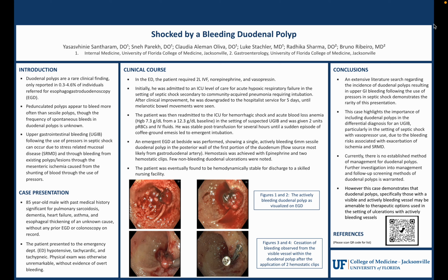Hi, my name is Yasasvhinie Santharam, and today I'm presenting an interesting GI bleed case that we recently saw in our ICU. Just to get started with a little bit of background, duodenal polyps are a relatively rare clinical finding,